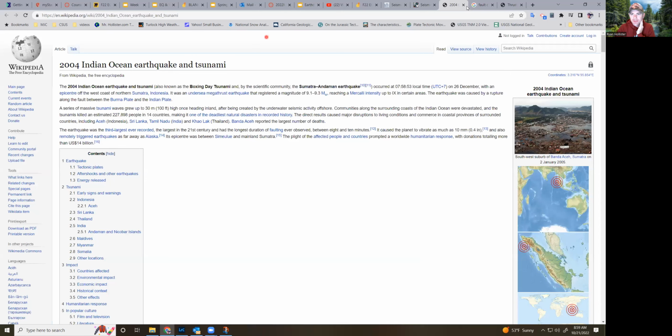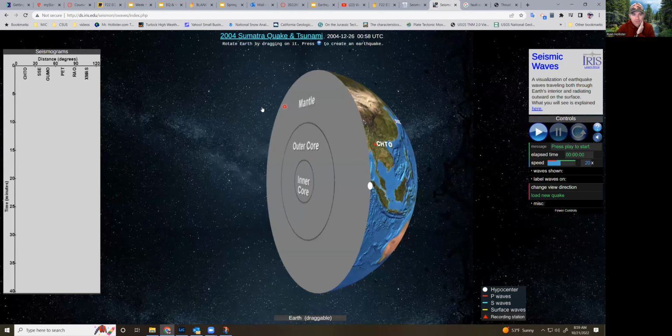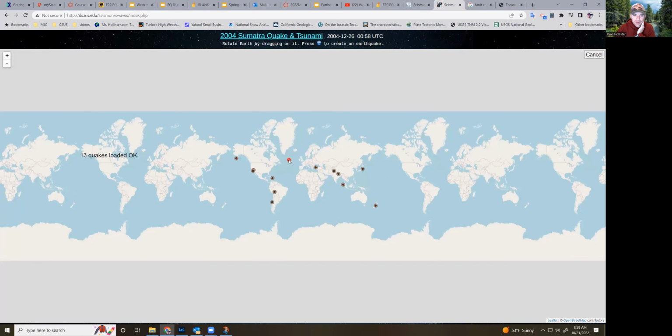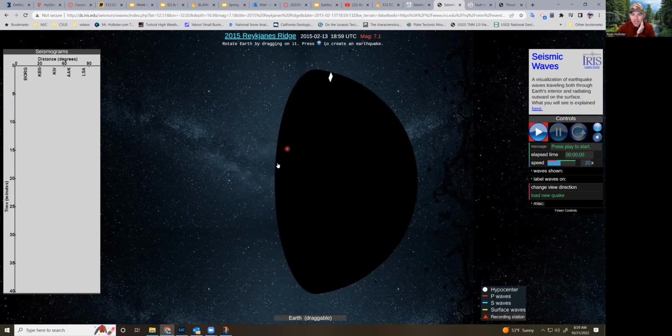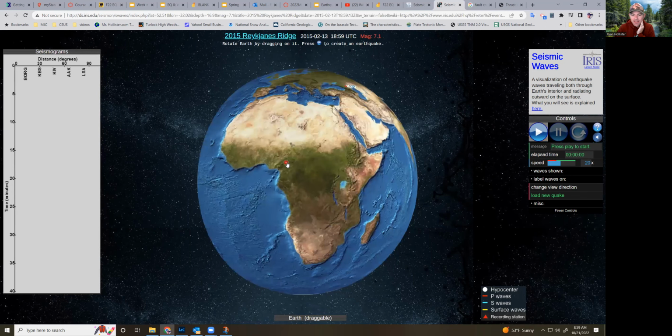Oh yeah, that's the 2004 Sumatra quake. So it'll tell you all about it if you click on that link. I'm trying to remember where to find, load new quake. So if you don't want to do the Sumatra quake, you can choose an earthquake, maybe out in the middle of the Atlantic Ocean. It's up to you guys, but you choose the earthquake, and then it's going to give